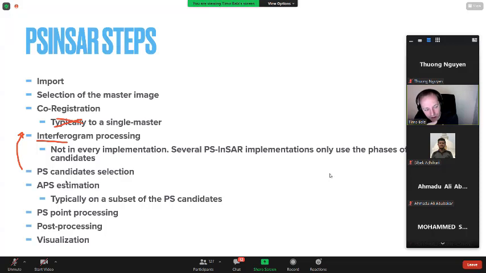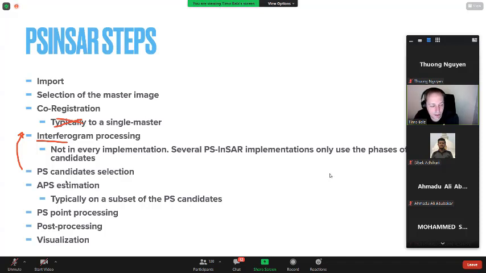For the APS estimation, normally we have more PS points, especially in urban areas. Then we need to estimate the atmosphere. We typically have far more than the 10 PS per square kilometer, so we do not need them all. So typically we take the best points